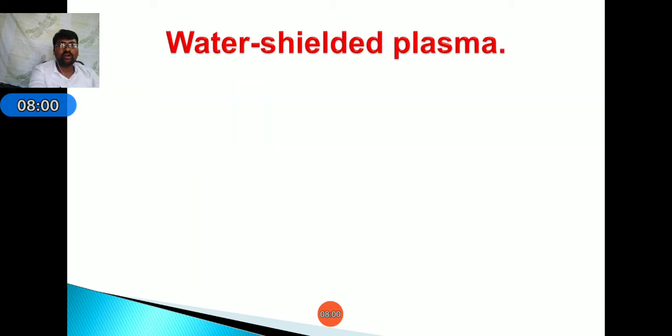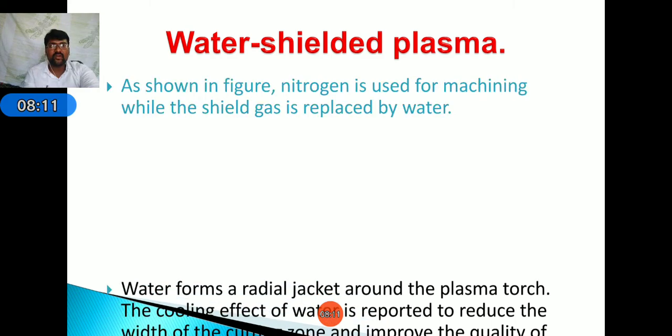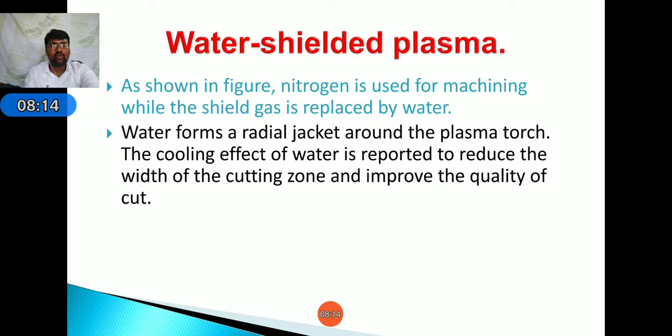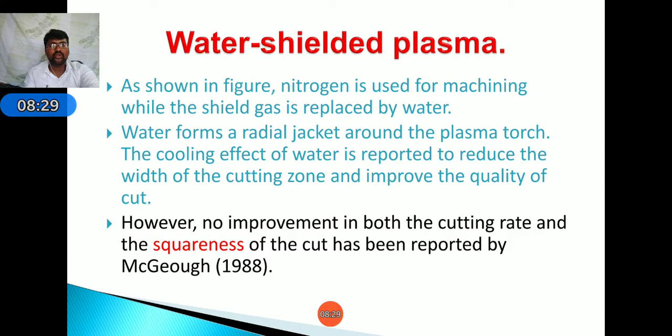Next, coming to water shielded plasma. As shown in the figure, nitrogen is used as the machining gas while the shield gas is replaced by water. Therefore, water forms a radial jacket around the plasma torch. The cooling effect of water is reported to reduce the width of the cutting zone and improve quality. However, to improve the squareness of the cut,